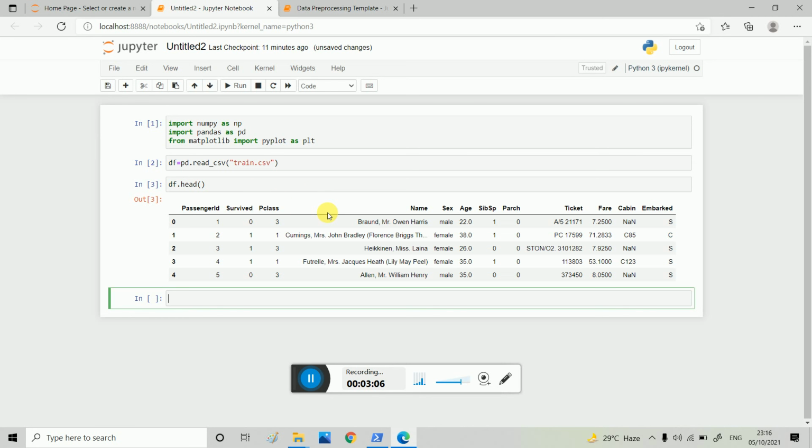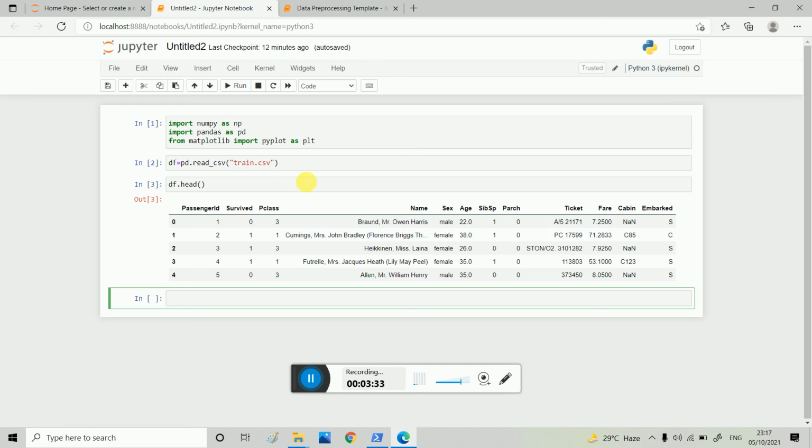Basically you have to understand that. I will simply tell you in short that these are the features, the passengers' features, and you have to predict something from them. This is the machine learning model. So passenger id, pclass, name, sex, age are the features, and you have to predict whether the man survived or not. 0 means not survived, 1 means survived.